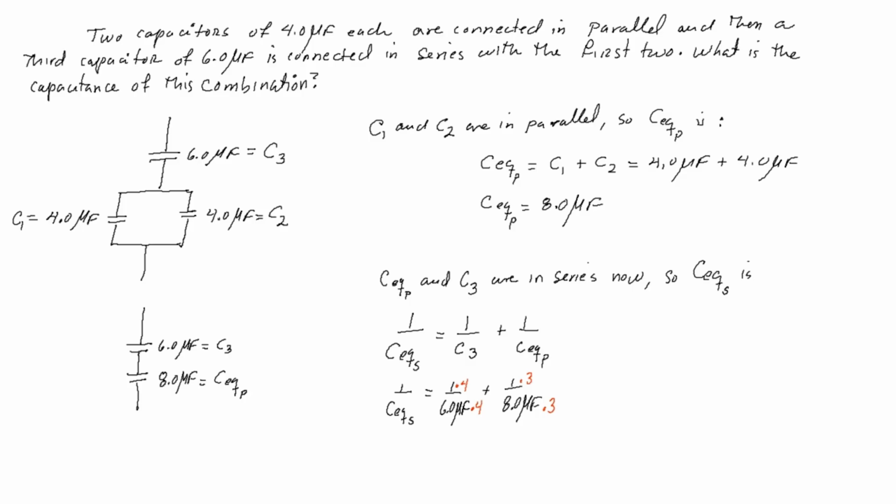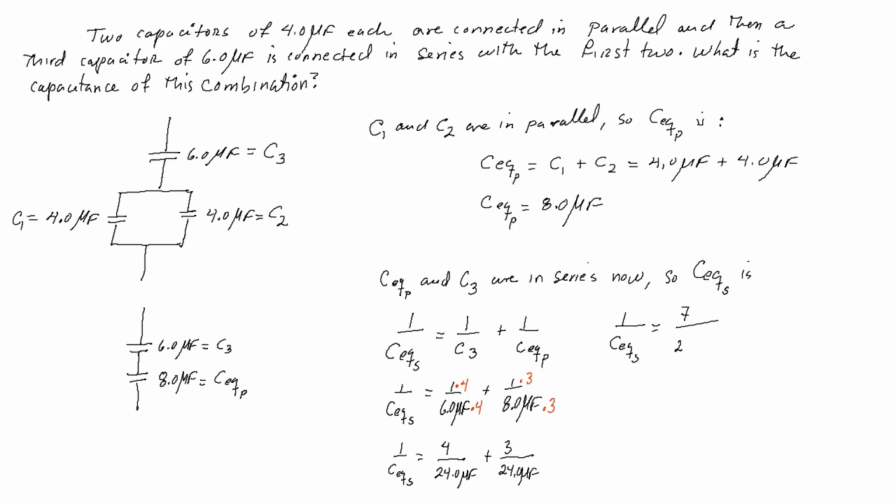So I can say now that 1 over the equivalent capacitance of the series capacitors is 4 over 24.0 microfarads plus 1 times 3, 3 over 24.0 microfarads. So now, adding the numerators, we get 1 over the equivalent capacitance in series is equal to 4 plus 3, 7 over